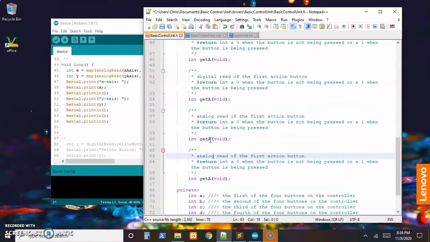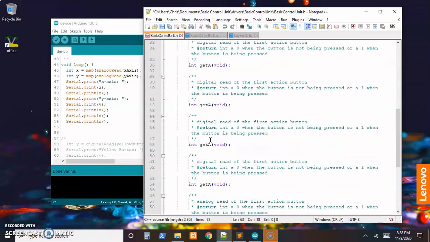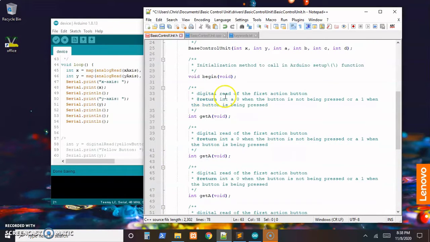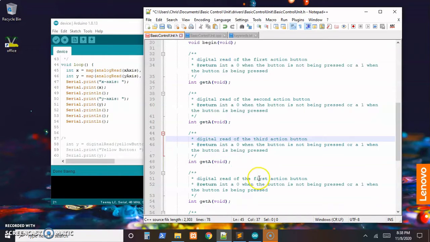And log read. And now what's the next thing that needs changed? Digital read of the first action button. This word. So it might not be the first action button. So change the word one time and then do all of them. So here we have the second action button, the third action button, the fourth action button